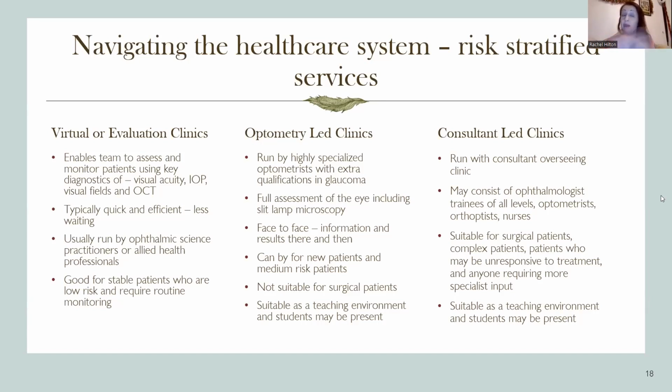So if you are very low risk, we might need to only see you in our evaluation clinics where we do all the tests, and we see whether or not your glaucoma is progressing based on your visual fields, based on your eye pressure, based on the images of the nerve, and then we can review that routinely. And that works quite nicely where you don't necessarily need to see somebody on the slit lamp face to face to have a chat there, and then we'll just do the tests and write to you.